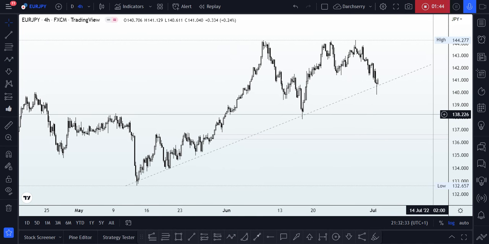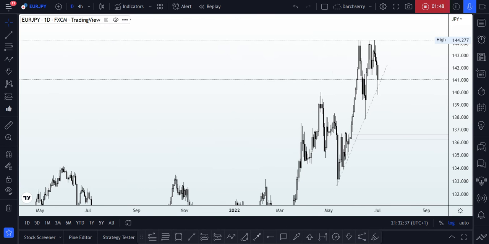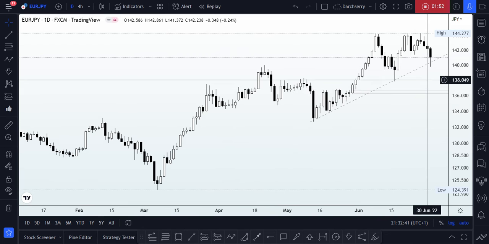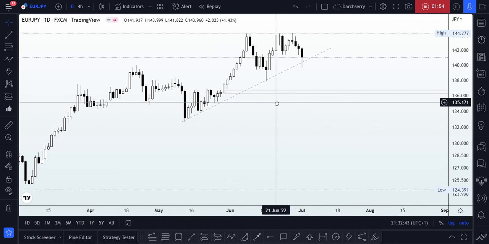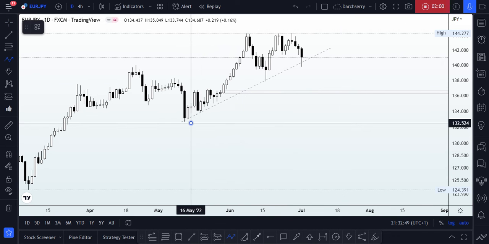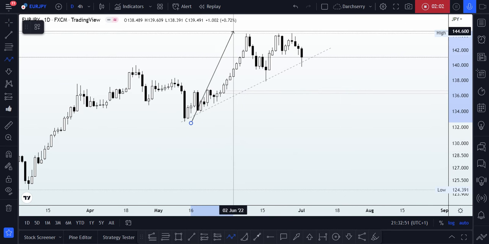So what structure do we have at this point? I moved up to the daily time frame to see what is happening. Here on the daily time frame, it becomes more clear that we might be having a reversal setup evolving at this point in time. The first thing we'll notice is that we saw an impulsive move to the upside, and since price tested